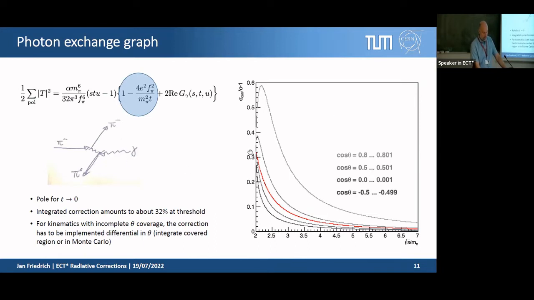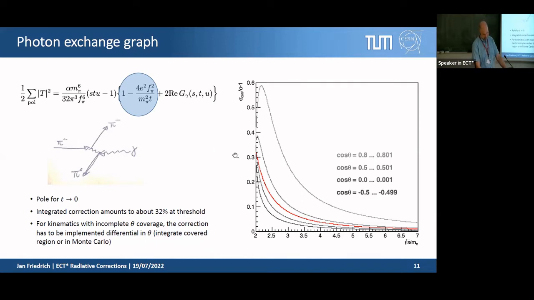It amounts to some 33% of correction to the basic cross section. And then the integral over all angles is the red line, and there's quite a strong effect. It goes with T, so the cosine of the scattering angle is involved, and of course you get here this collinear